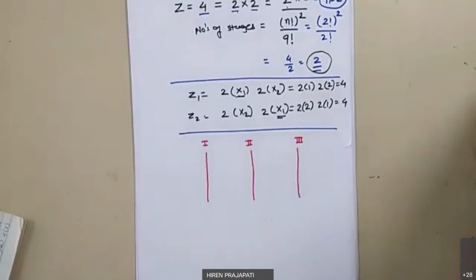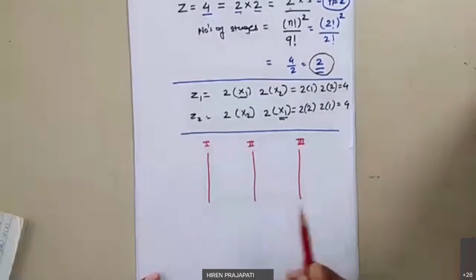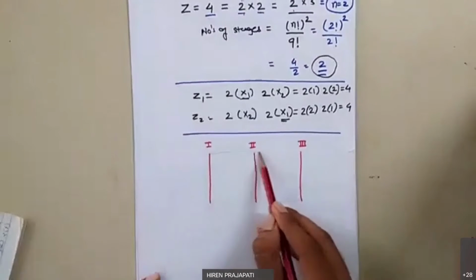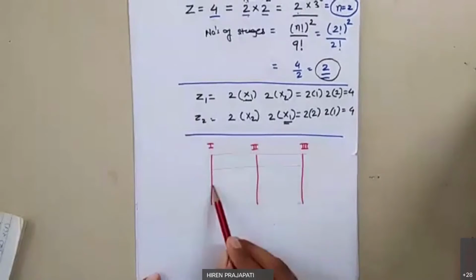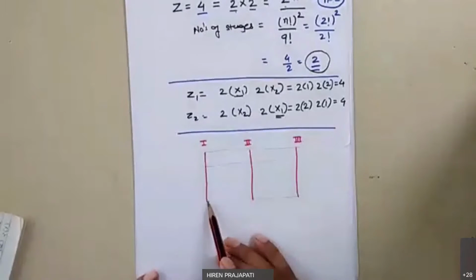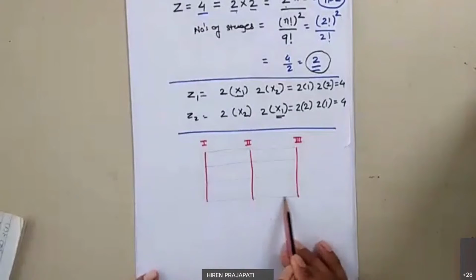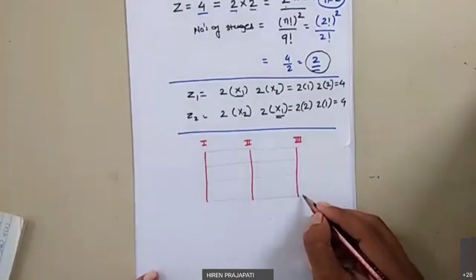Now, how many horizontal lines do we need to draw? The number of horizontal lines equals the number of speeds available from the gearbox. So 4 speeds are available from the gearbox, so we need 4 lines: 1, 2, 3 and 4. These are the 4 horizontal lines, because we get 4 speeds from the gearbox. So let me write here,